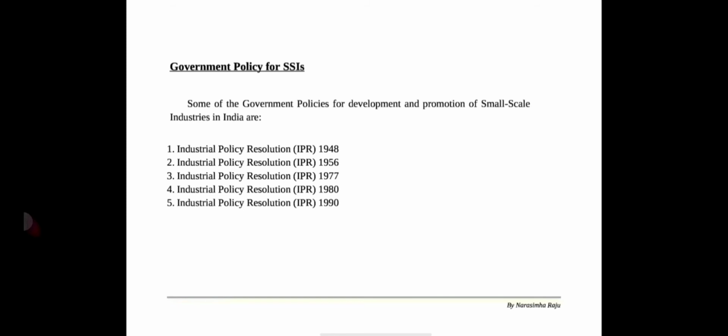And coming to the next industrial policy resolution of government policies for SSI, it is Industrial Policy Resolution 1980. The Government of India adopted a new industrial policy resolution on July 23rd of 1980. The main objective of IPR 1980 was defined as facilitating an increase in industrial production through optimum utilization of installed capacity and expansion